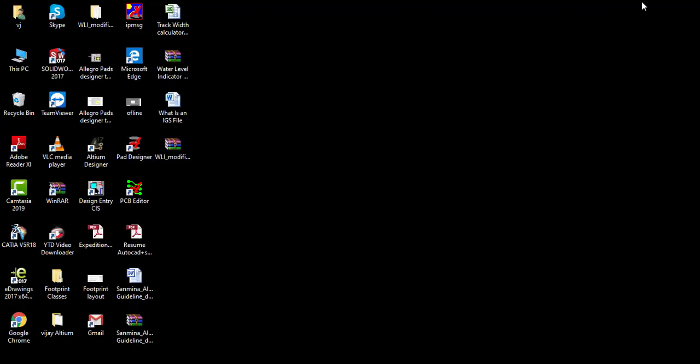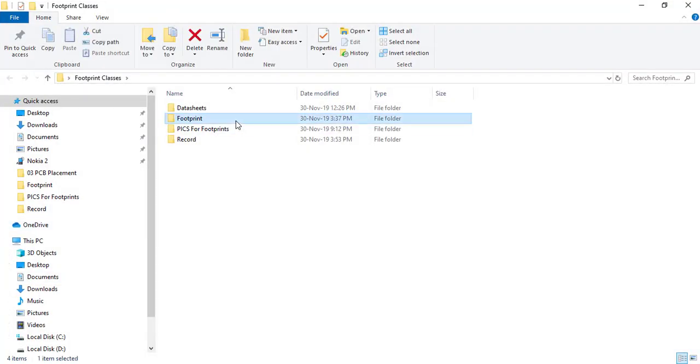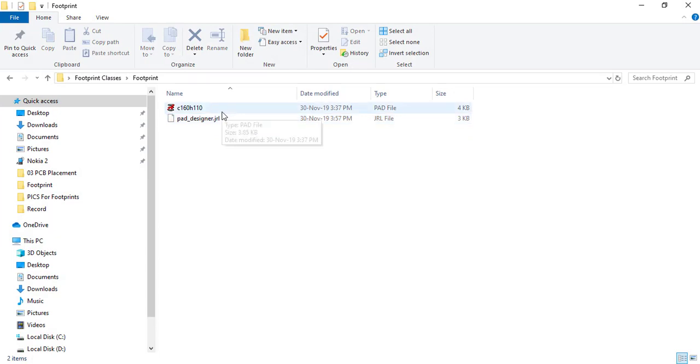See, I have created the pad and saved it here in the footprint folder as C160H110. C means a circular pad. If there is S instead of C, consider it a square type of pad. If there is R, that means a rectangular pad. H means drill dimension, so the drill size is 110.